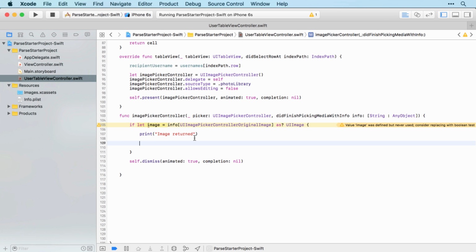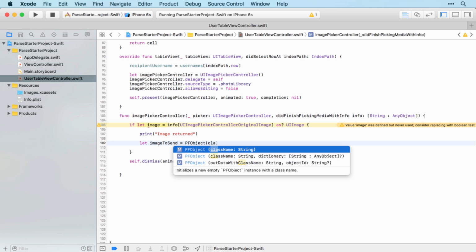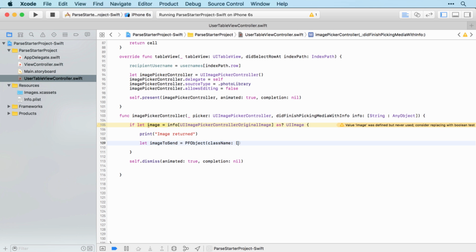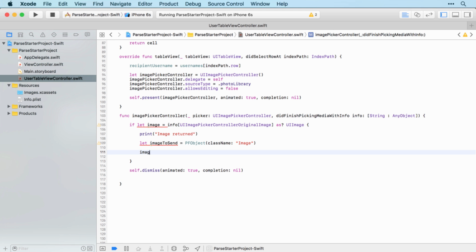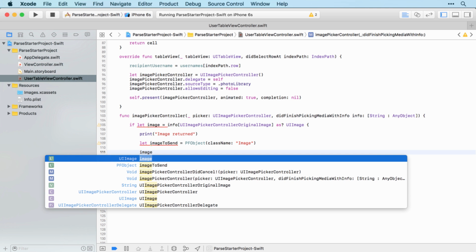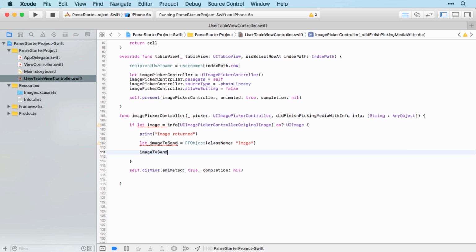And here I'll create a new PFObject. I'll call it imageToSend. And this is going to be a PFObject with a class name of Image, with a capital I there. So this is going to be where all our images are stored. And then we'll set imageToSend